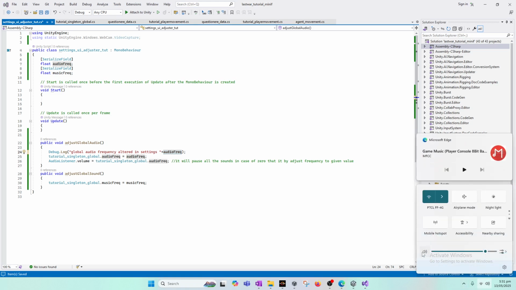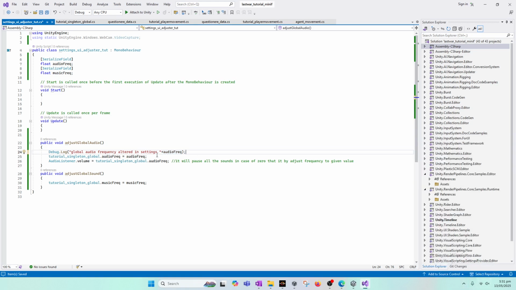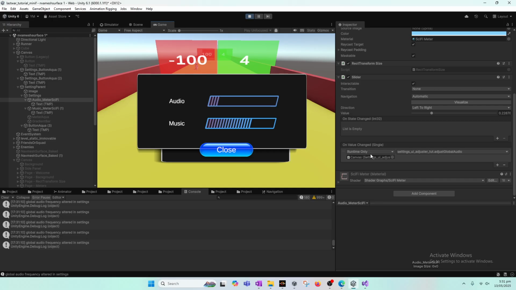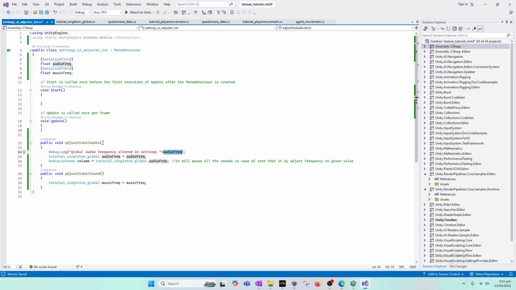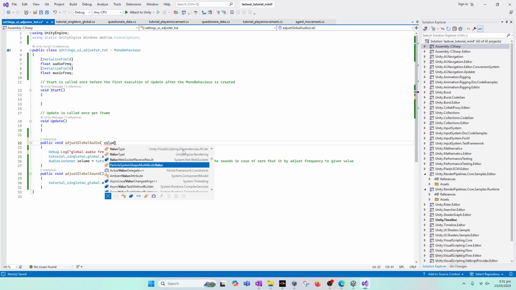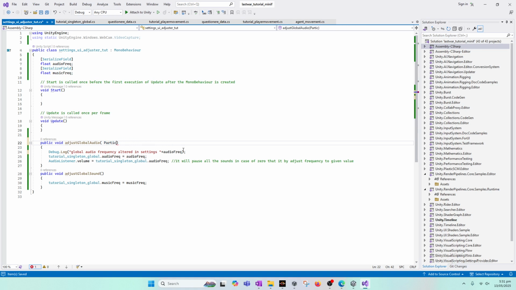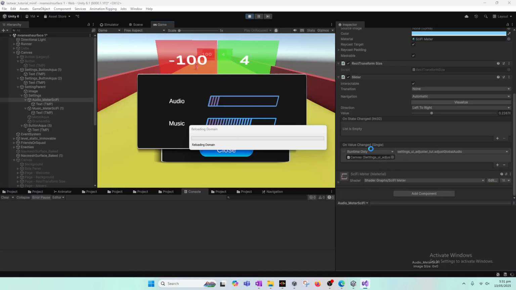If I pause the sound here, what I mean with this is that if I give this value here, float, or not just float, we can simply